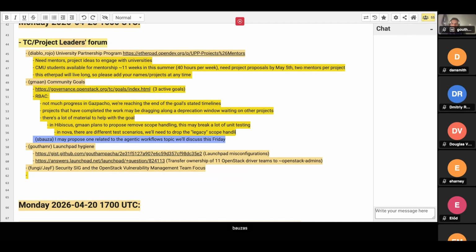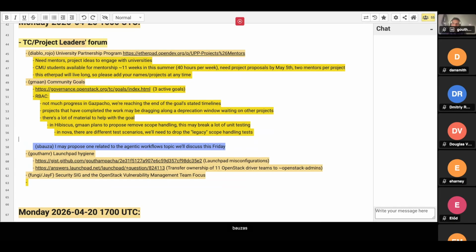So my next step, because we are early in the cycle, is to send an email starting some timeline, depending on when the Oslo library feature freeze is for this cycle, that will be removing this enforce scope from Oslo, and definitely it will impact unit tests or other things, so those can be updated or cleaned up. And I'll start with Nova to do that, and that is the one last thing pending.